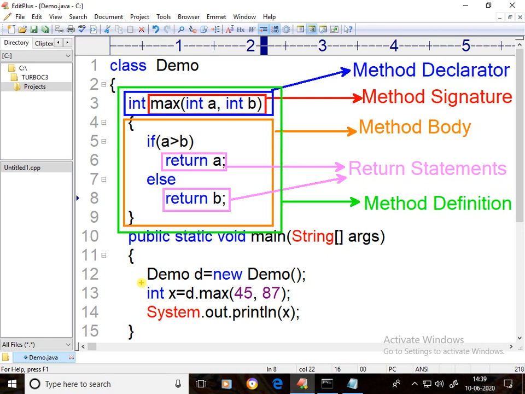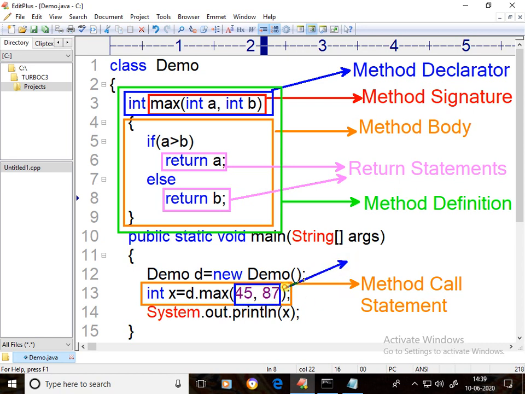Here, this line is called the method call statement. The arguments whatever we pass in a method call statement are called actual arguments.